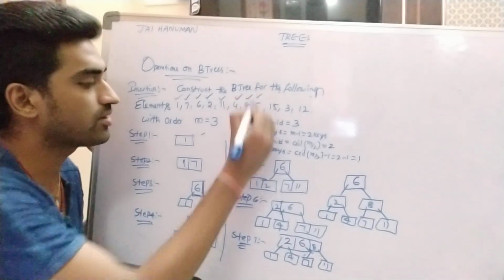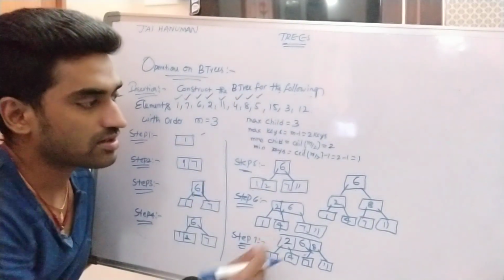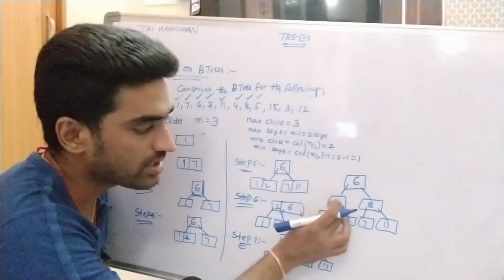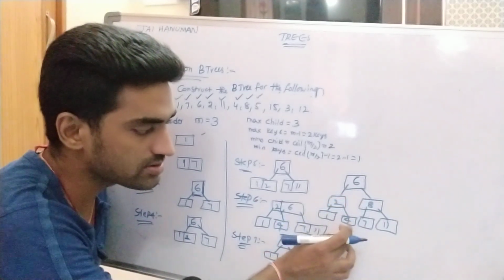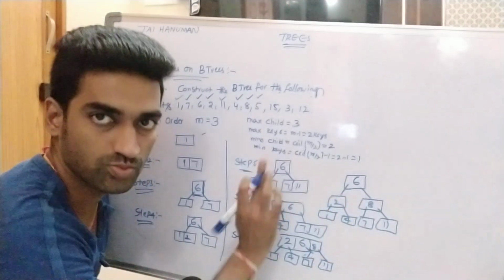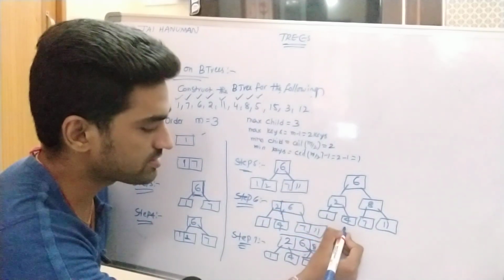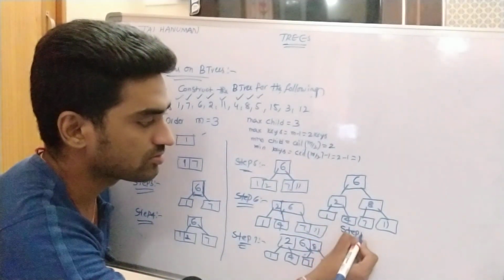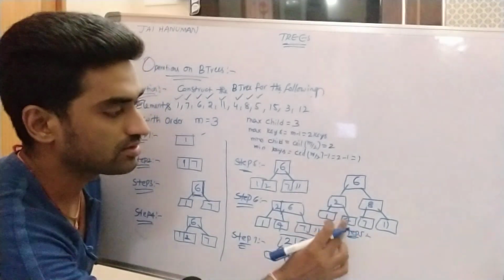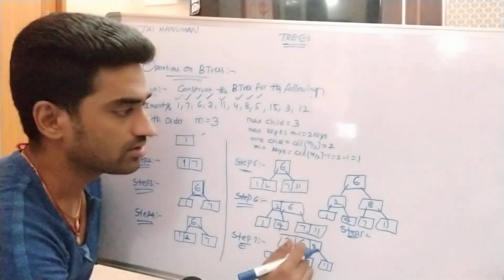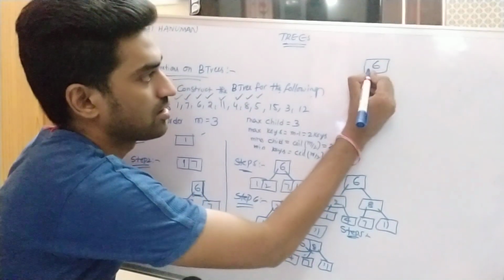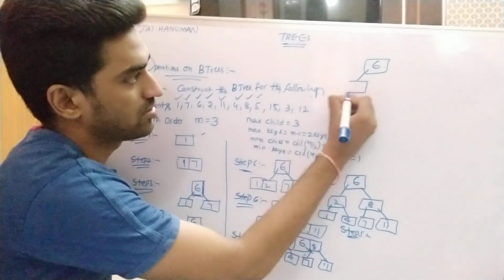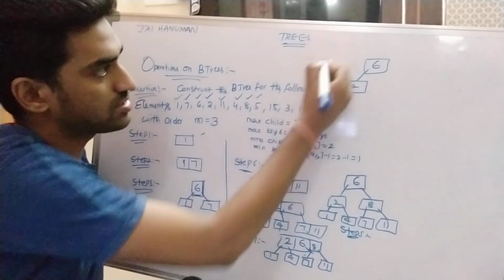Then we are inserting one more node, that is 5. When compared to 6, 5 is a lesser value, so we move to the left position. When compared to 2, this is a greater value, so that's why we are placing it right of 2. So in step 8 we are placing node 5 at the right of 2. Right, now the tree becomes like this: 6, 2.